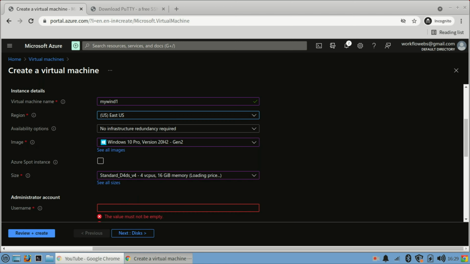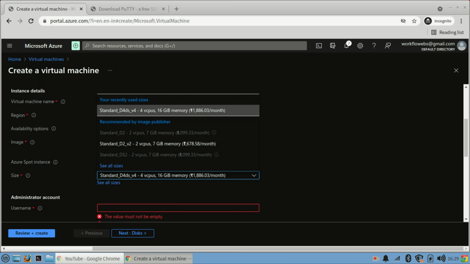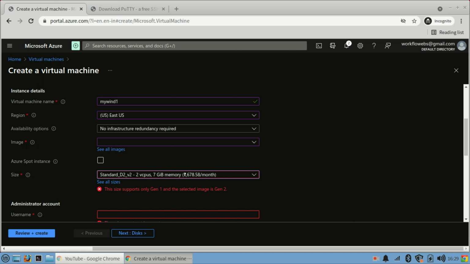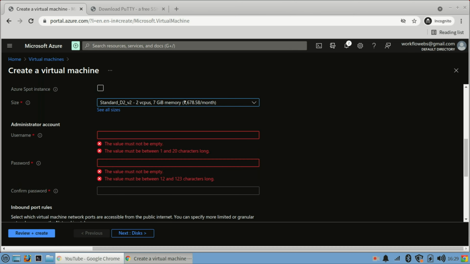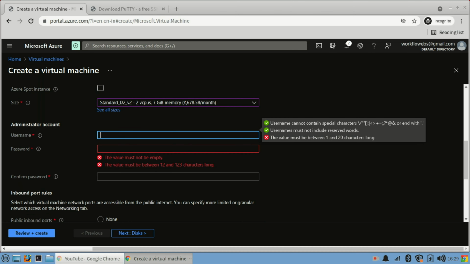Okay, so I will select that, no redundancy needed, leave it. And based on the size, I don't need such big machine, I need a smaller one. Okay, simple. So I will select a simple machine, and again, what should be account?